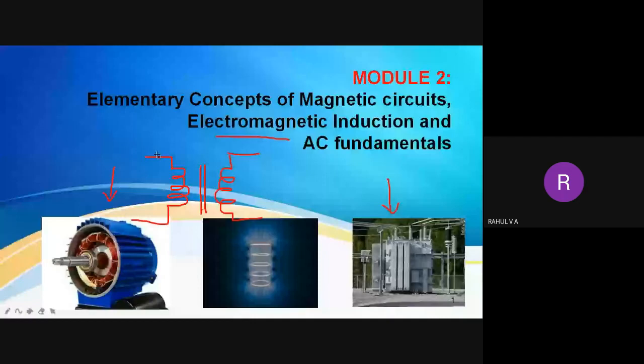So there is no electrical connection between them. Everything is due to magnetism. So these components like motor, generator, transformers have a magnetic circuit where flux flows from one end to the opposite end. So it is important that an electrical student should know about this